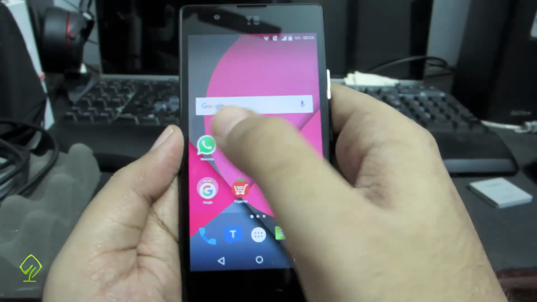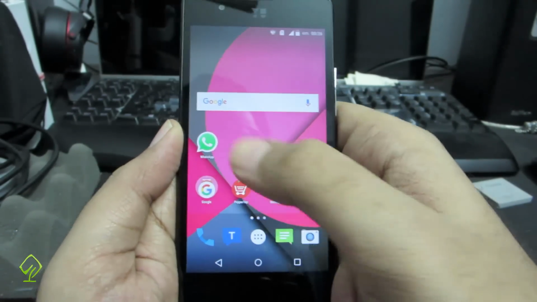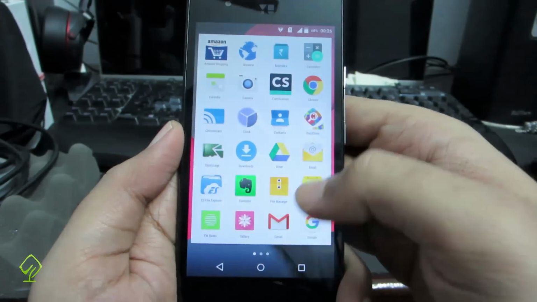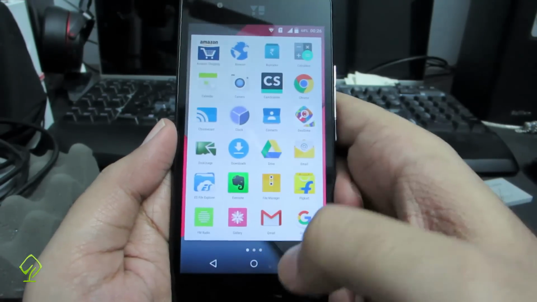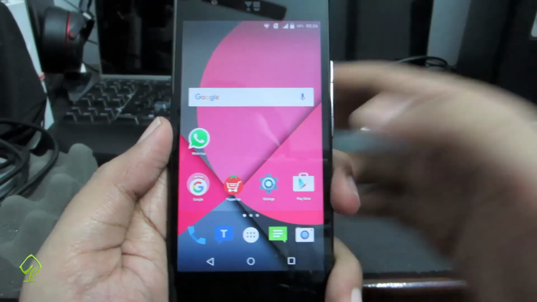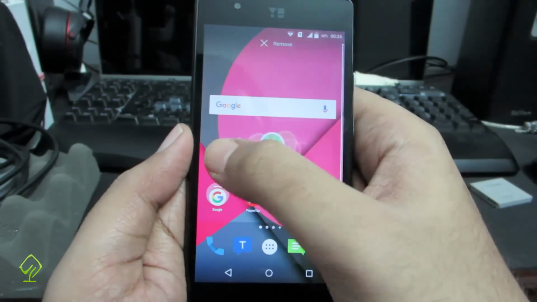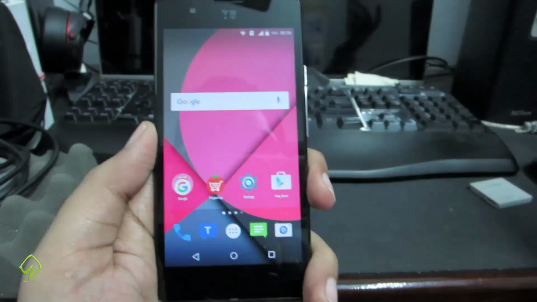So guys, these are your app icons or shortcuts. All your apps are actually in your app drawer. So these are your apps and these are just your shortcuts. You can simply press and hold on any of these shortcuts and go to the top to delete that,